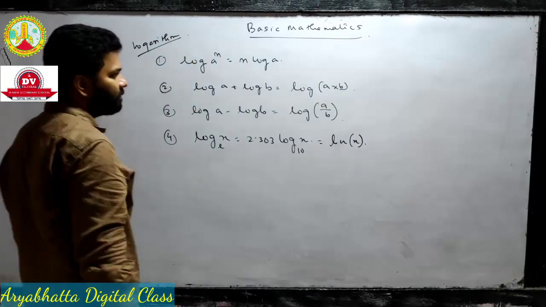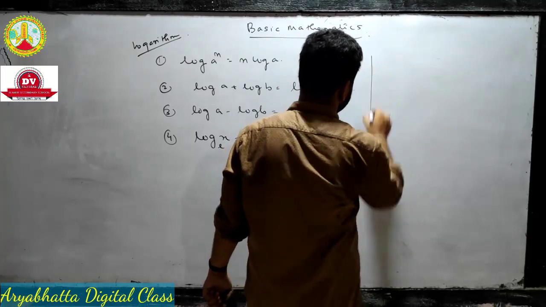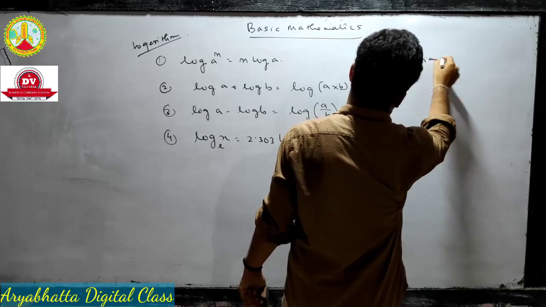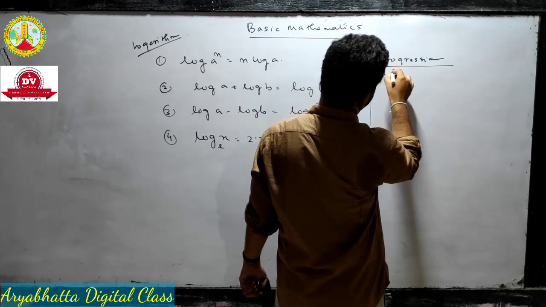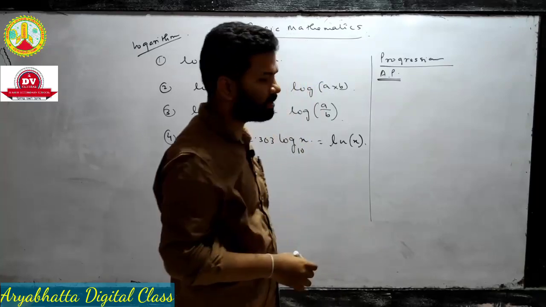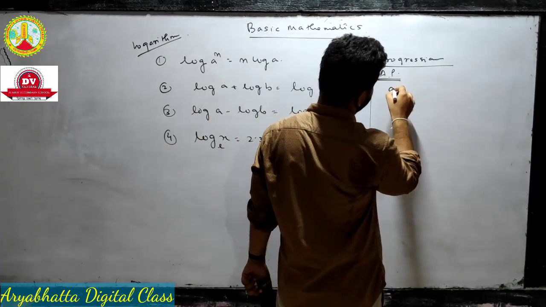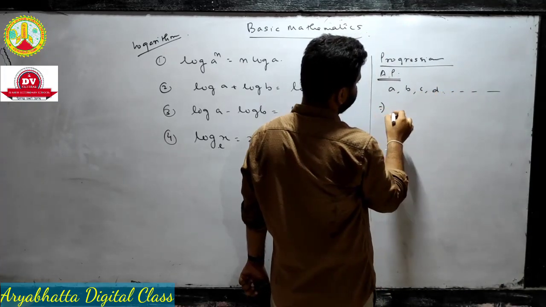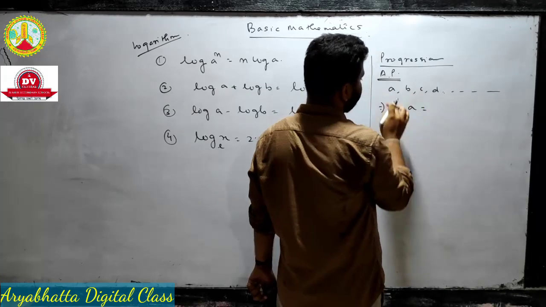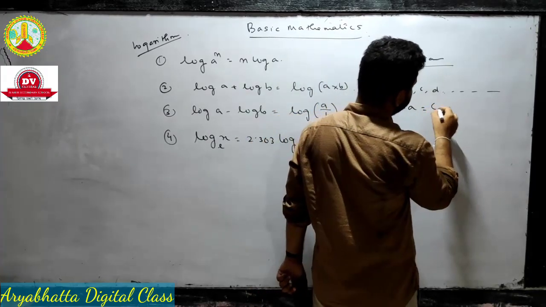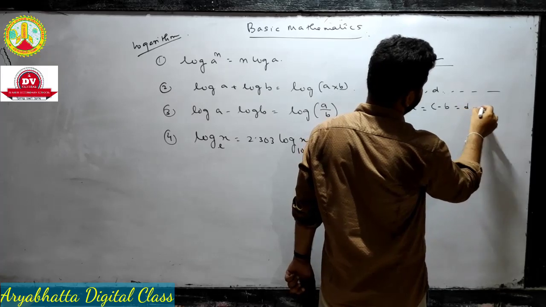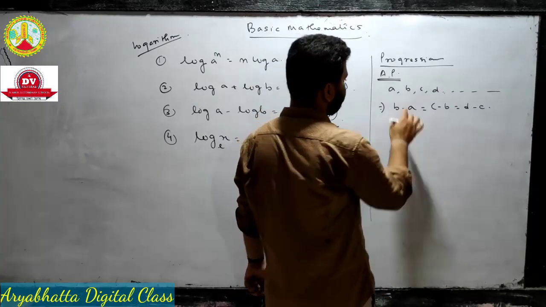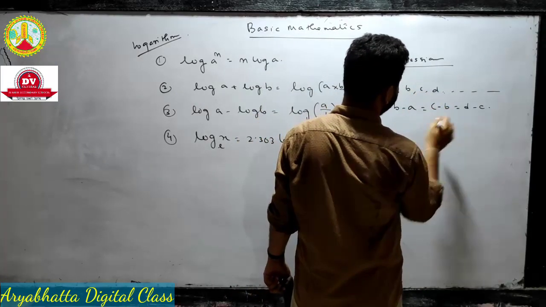Now you know about progression. You got arithmetic progression. Okay, from progression you got AP. In AP, what is the series? First one is A, B, C, D, suppose like this. So what is the criteria? Criteria is B minus A must be equal to C minus B must be equal to D minus C. That means the difference of all must be the same. Okay, B minus A must be equal to C minus B must be equal to D minus C.